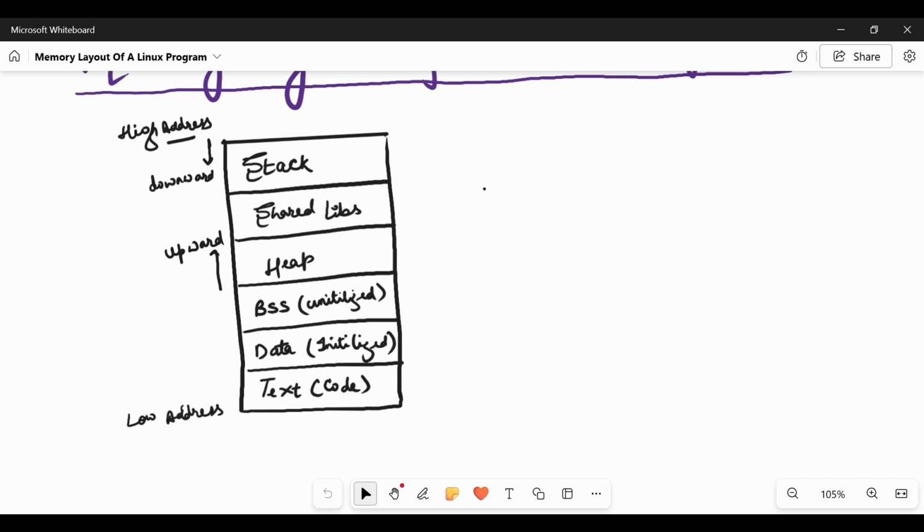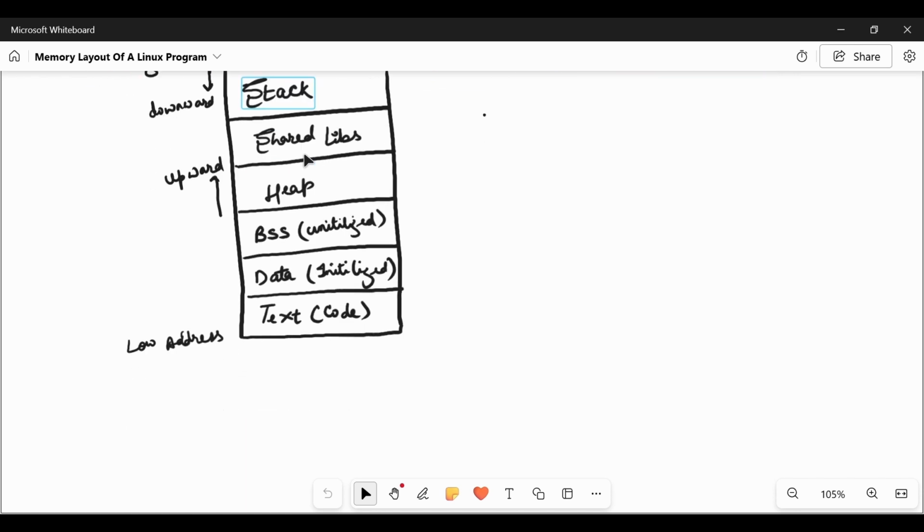So we have five segments: stack, shared memory, shared libraries, heap, BSS, data, and text segment. They go from higher addresses toward lower addresses, whereas the stack has the property that it grows downward in the address region, whereas the heap has the property to grow upward in the memory region. We will check these properties of heap and stack segments from the corresponding memory regions as well. But at this point of time, just understand this table. This is going to be a very important table